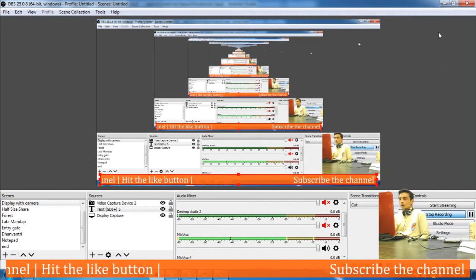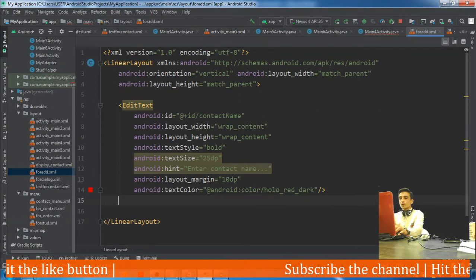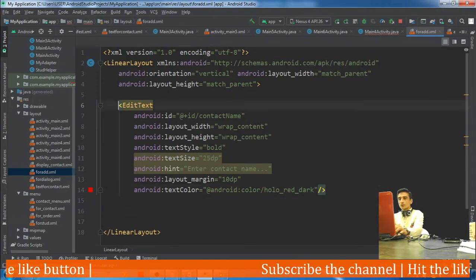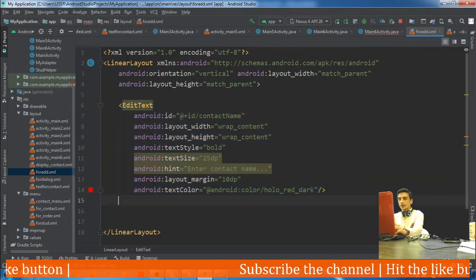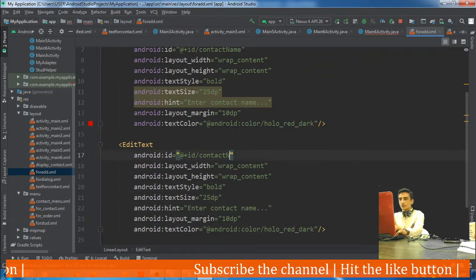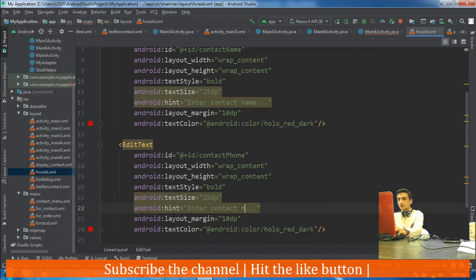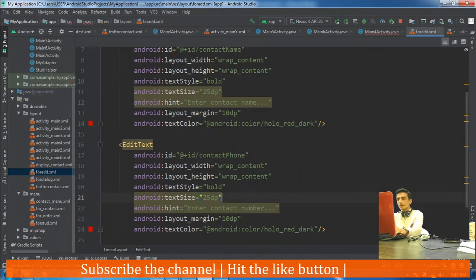Next column is phone number. For phone number, we will again copy the same EditText and paste. We will change the ID first of all, phone number, then enter contact number or phone number.